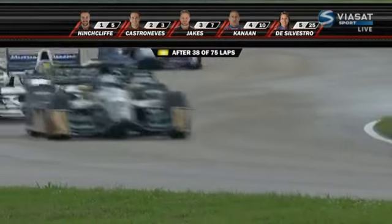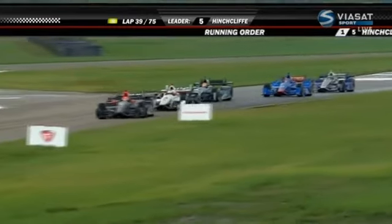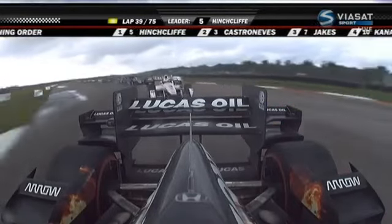With moisture beginning to fall here at Nola Motorsports Park, James Hinchcliffe brings the field back around for the restart. Hinchcliffe last pitted on lap 13. We're now on lap 38. With these full course cautions we've had over the last couple of restarts, Hinchcliffe has been able to stay out,